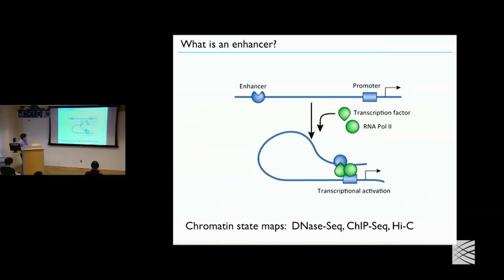So, an enhancer, like I said, is a distal element. It's thought to encode a specific sequence that might include various short sequences called motifs that would be recognized by specific transcription factors, and a set of transcription factors would assemble at the enhancer, and perhaps there's another set of transcription factors that assembles at the promoter. And then it's thought that these things physically loop or contact one another, and that's where the magic happens, where the set of transcription factors at the enhancer interacts with the set of transcription factors at the promoter and helps polymerase fire and drive gene expression.